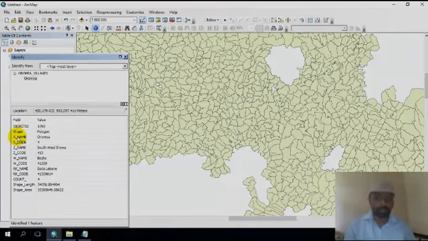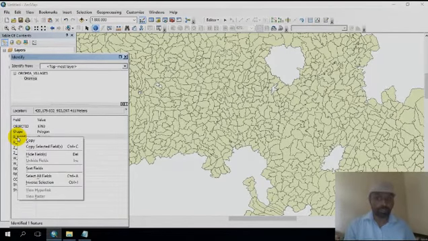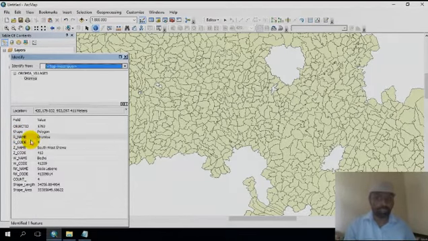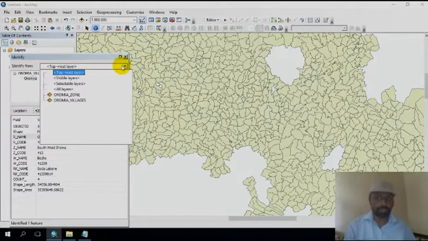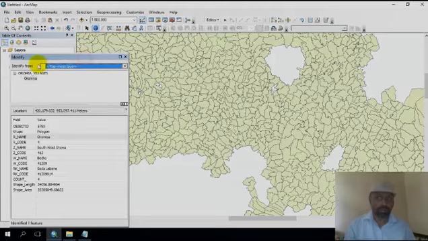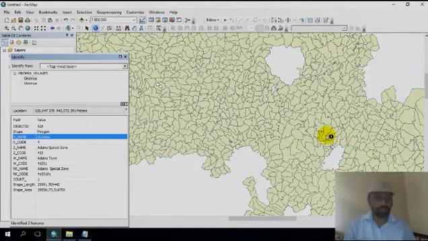Suppose you want to know about a particular field, you can copy and paste it, and you can use this identify tool for any aspect. It will show you the information about the particular layers.